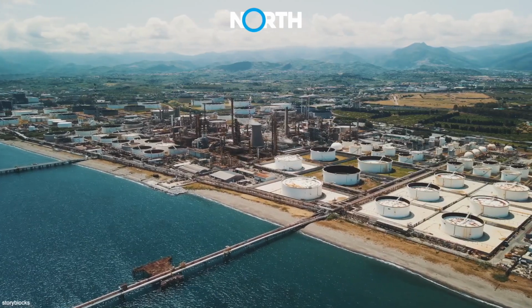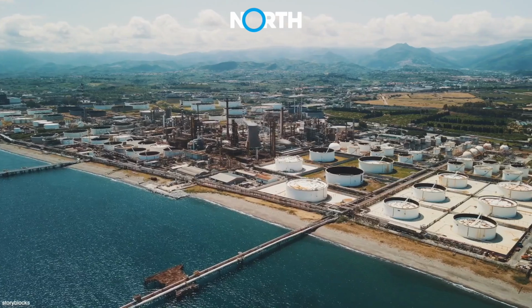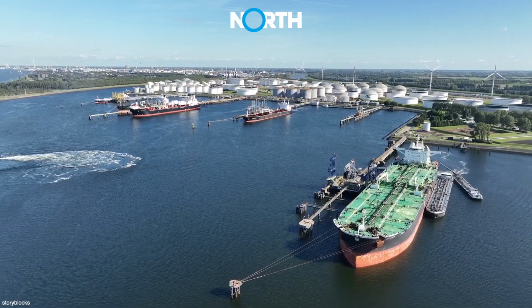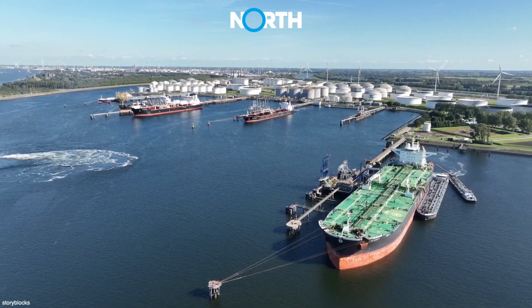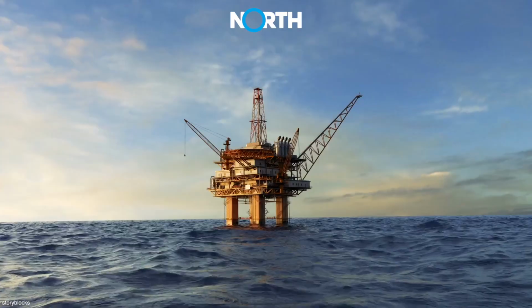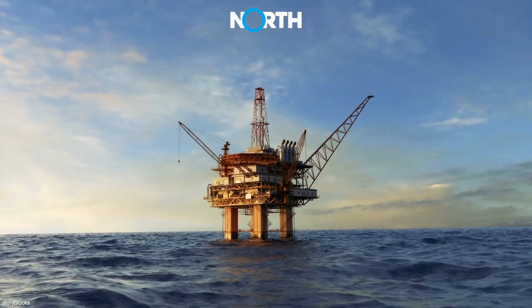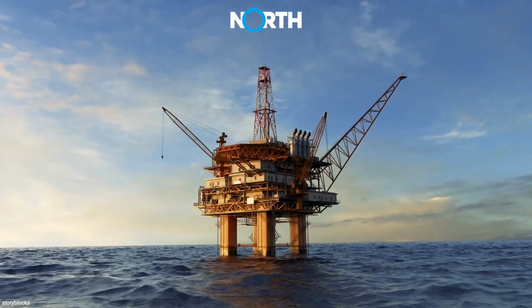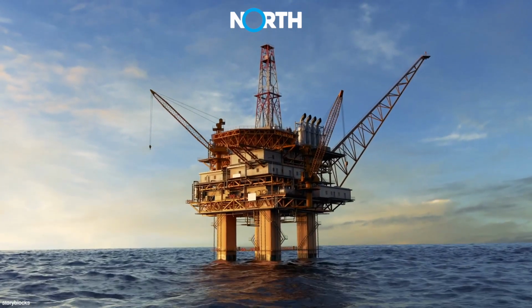Crude oil continues to play a vital role in meeting global energy needs. However, to obtain this valuable resource, humans must engage in drilling and extracting oil both on land and in the middle of the ocean. Offshore oil platforms play a crucial role in meeting global energy supply by conducting offshore drilling